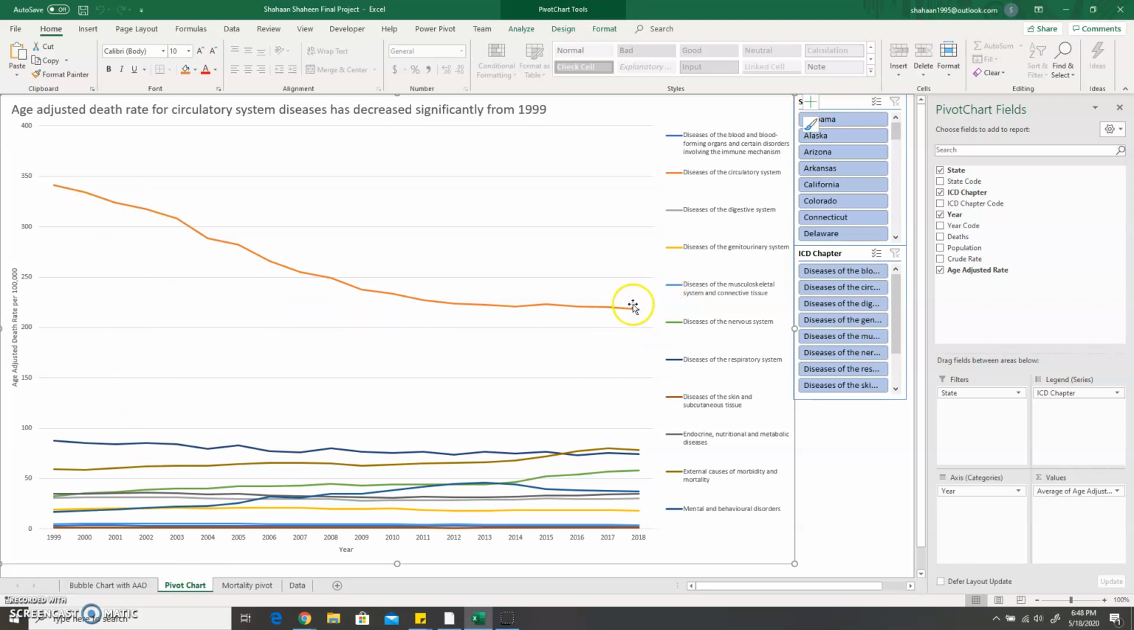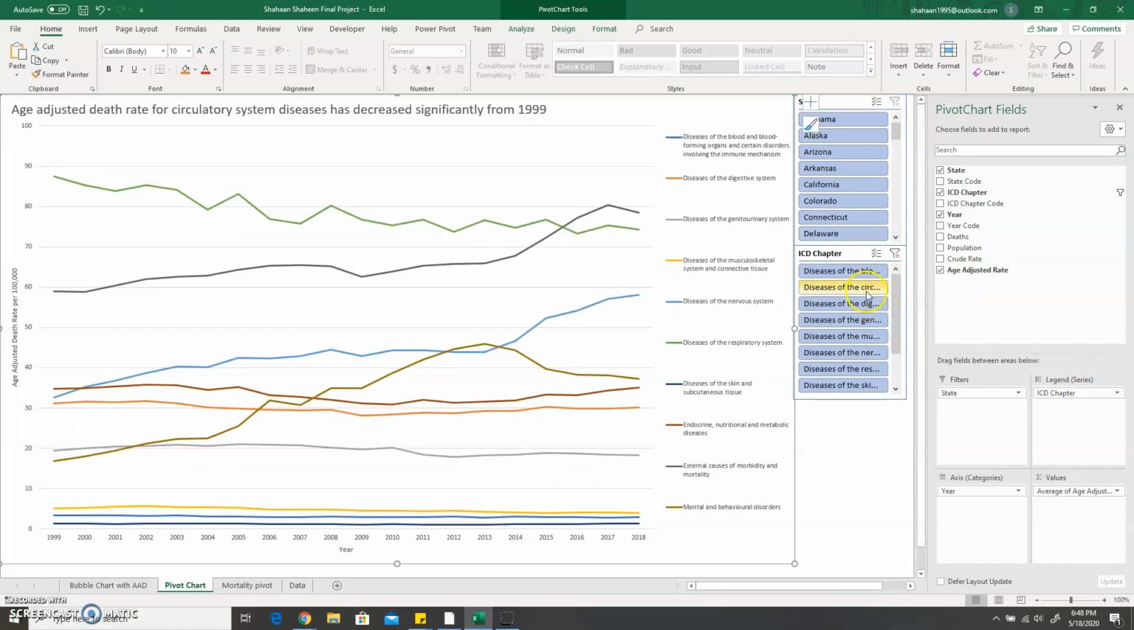Now, I also have slicers for this chart so that we can compare for a particular disease. For example, I want to look at all of the diseases without looking at diseases of the circulatory system because I think it skews the result. I can press Control and left click here, and it removes disease of the circulatory system from my chart. And now I can clearly see that